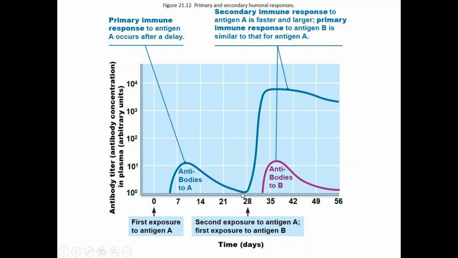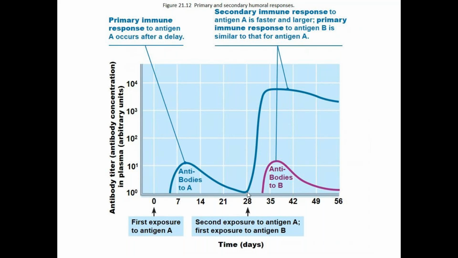This is a pretty typical primary response. Now, the time of decline varies from pathogen to pathogen, so don't take that particular part as gospel, but the early timing here is pretty consistent. Now, if at day 28, we get re-exposed to this pathogen again, so pathogen A again comes back into our life,